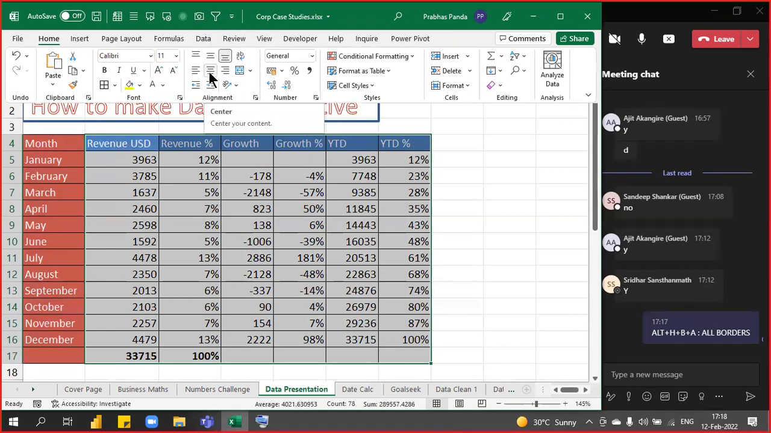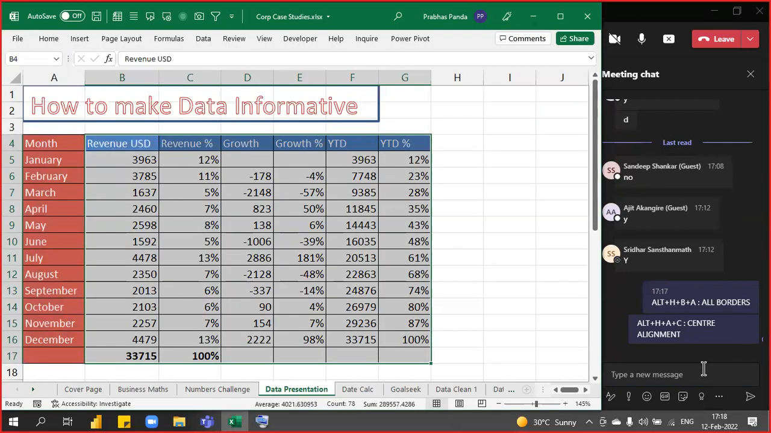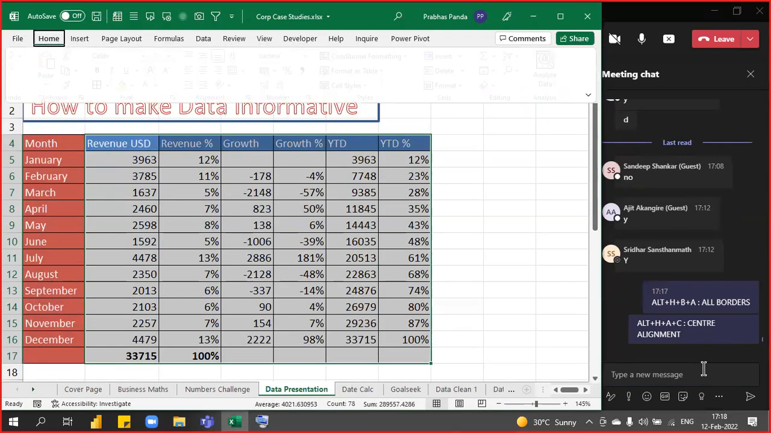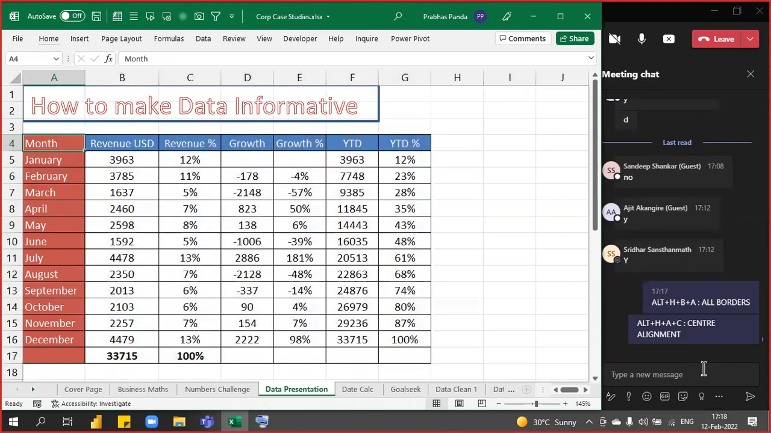Else, you can go for a simple keyboard shortcut. What is that? Alt, H for home, A for alignment, C for center. So these keyboard shortcuts will be very, very helpful for formatting purposes. So Alt, H, A, C, right? So you can see now it looks so neat and clean, presentable, and people will love